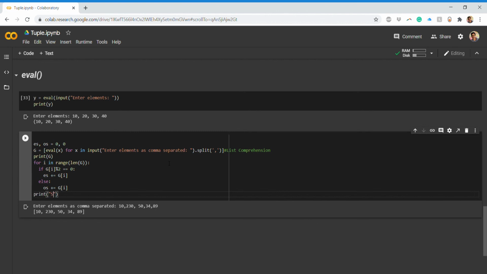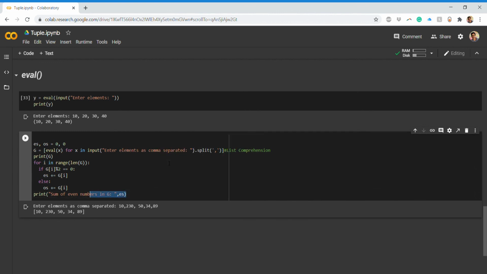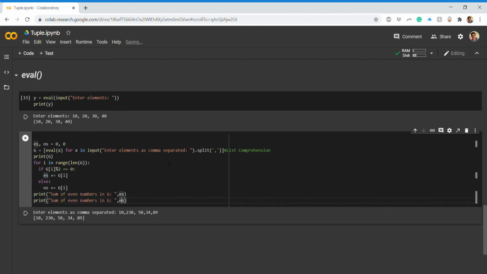So I'll write sum of even numbers in g. So g was our list, and I print es here. So that will be the value, and with os I want to have it like this. So sum of odd numbers. So that is simple. Now if I run this program,